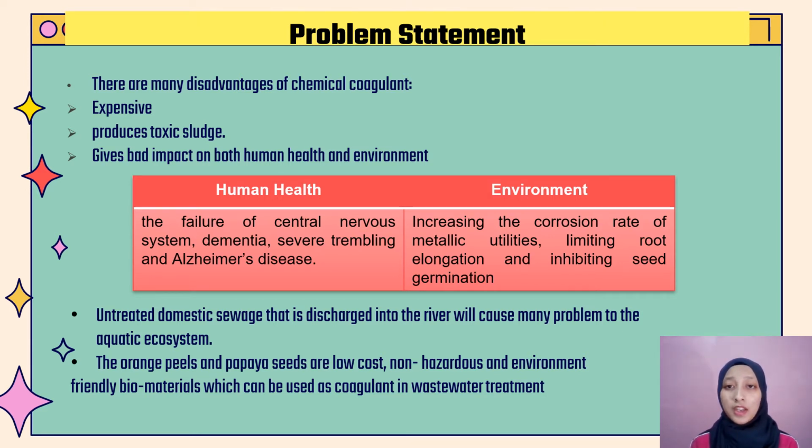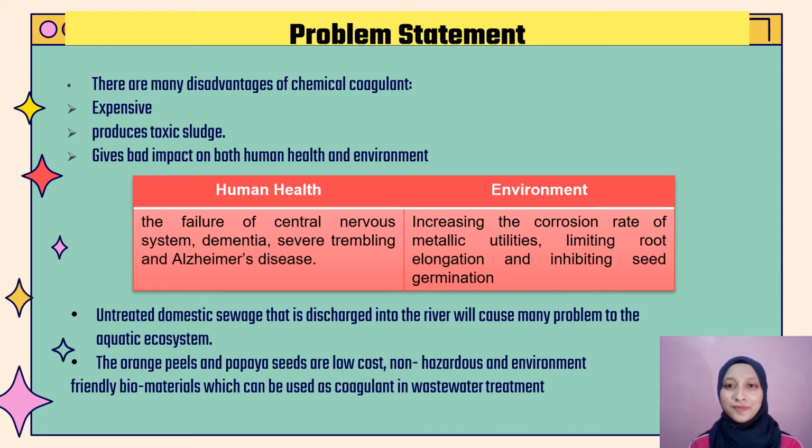Moreover, aquatic ecosystem can be affected by untreated domestic sewage that is discharged into the river. And lastly, orange peels and papaya seeds are low-cost, non-hazardous, and environment-friendly biomaterials which can be used for coagulant in